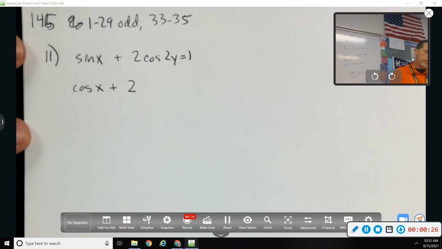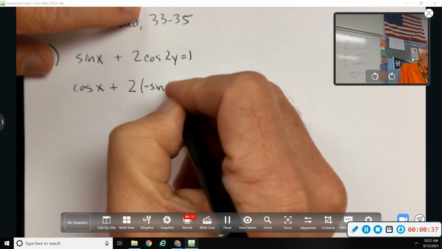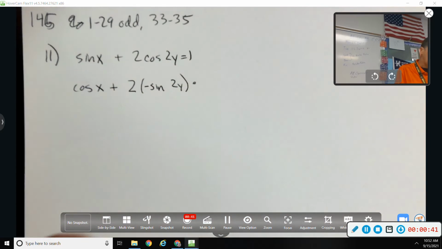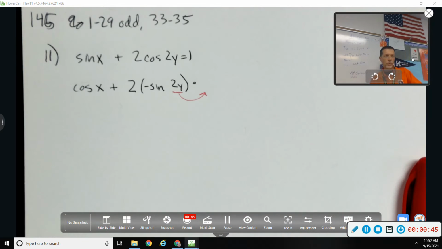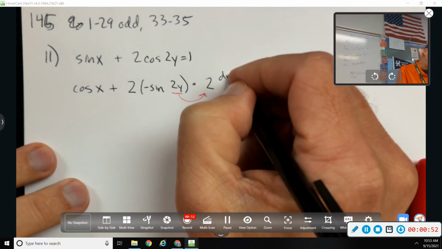The 2 will go along for the ride, or at least the outside 2 will. Derivative of cosine. What's the derivative of cosine? Negative sine. The 2y stays the same. But then I need to chain rule off the 2y. What's the derivative of 2y? 2 dy dx